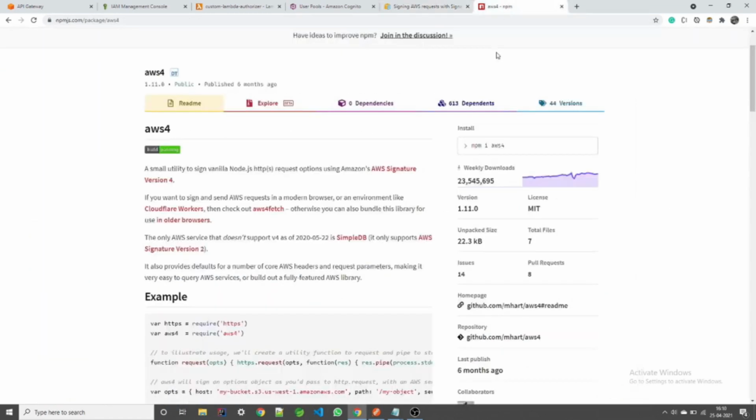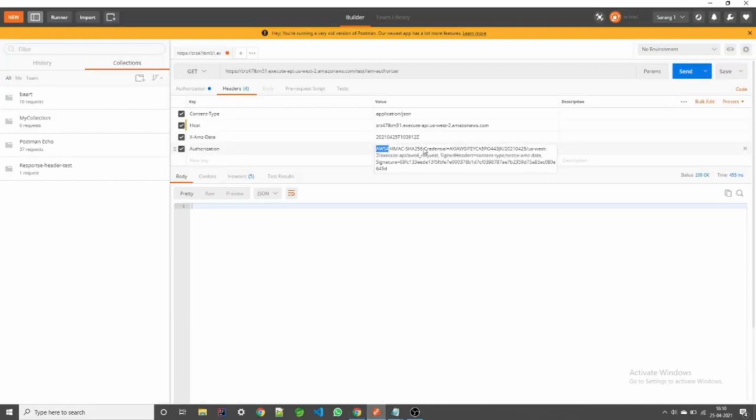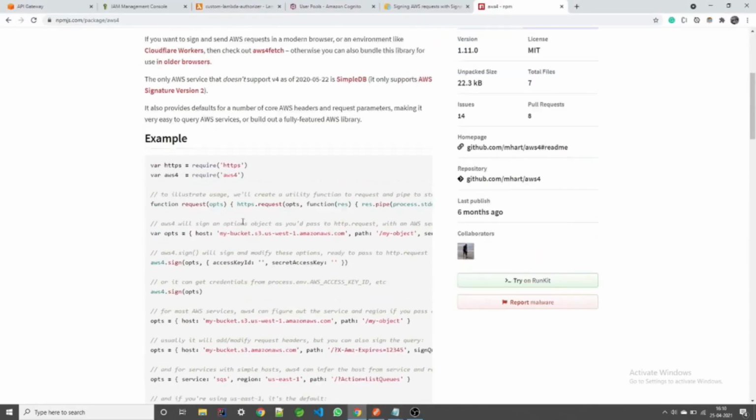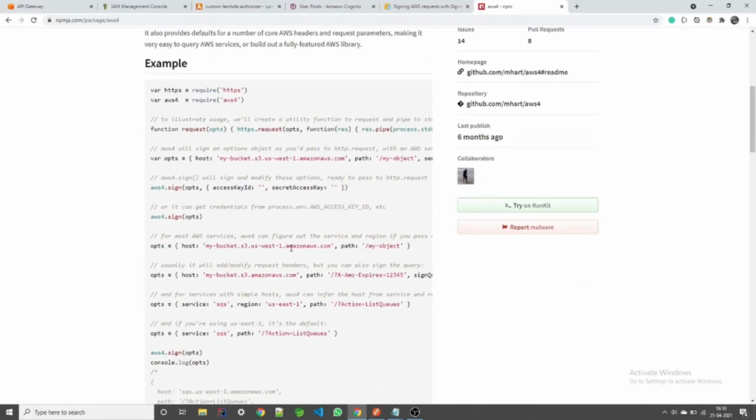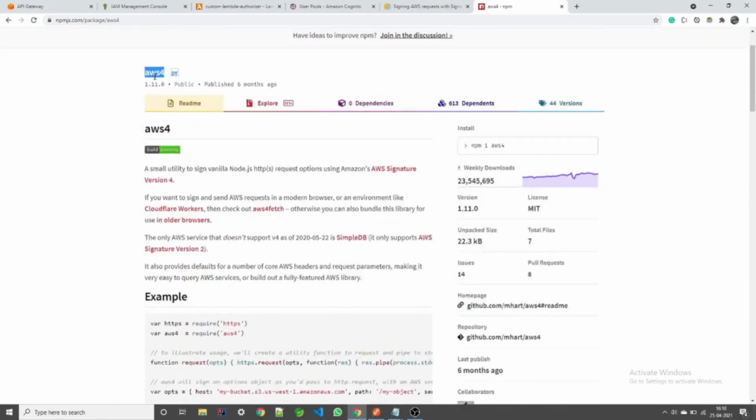And if you're using any client-side application with JavaScript, I'd recommend using this npm package called aws4, which helps us in creating this signature. We just need to pass a few details, and the signature will be calculated using this npm package called aws4.